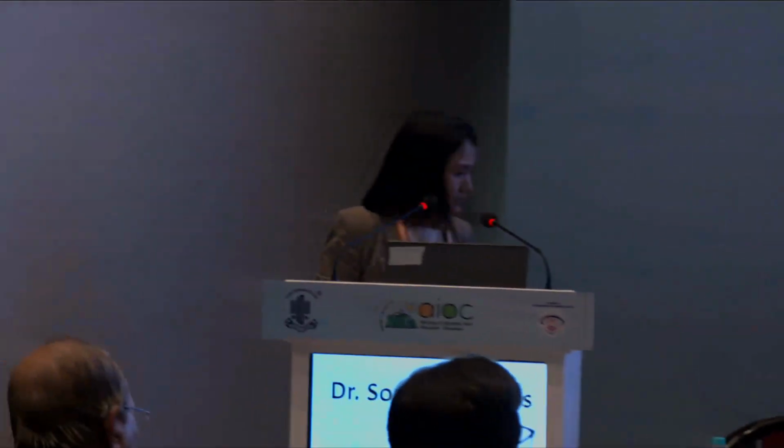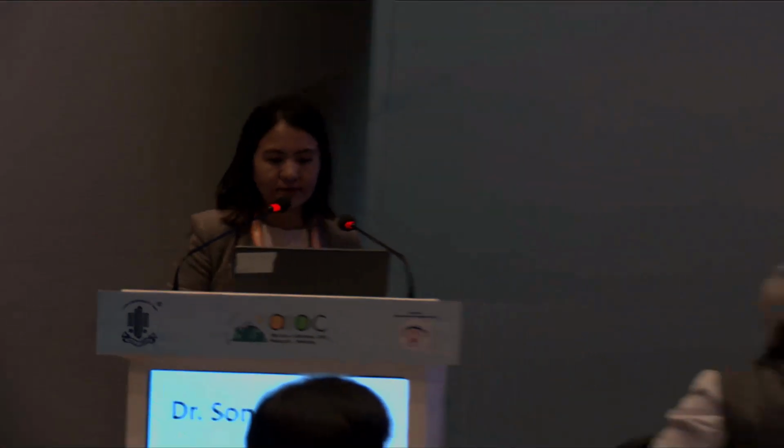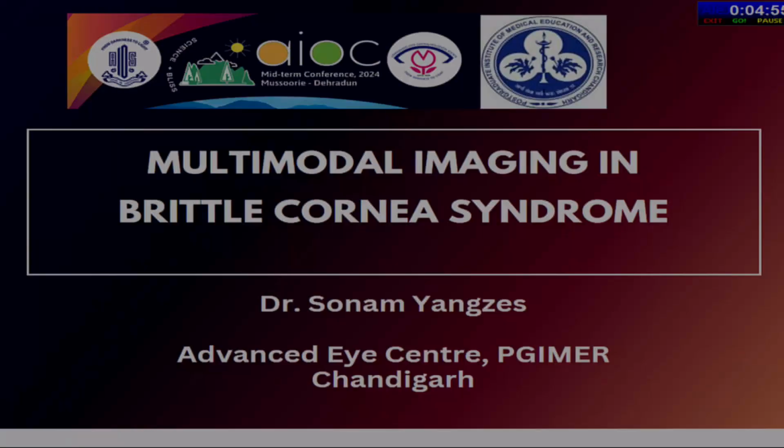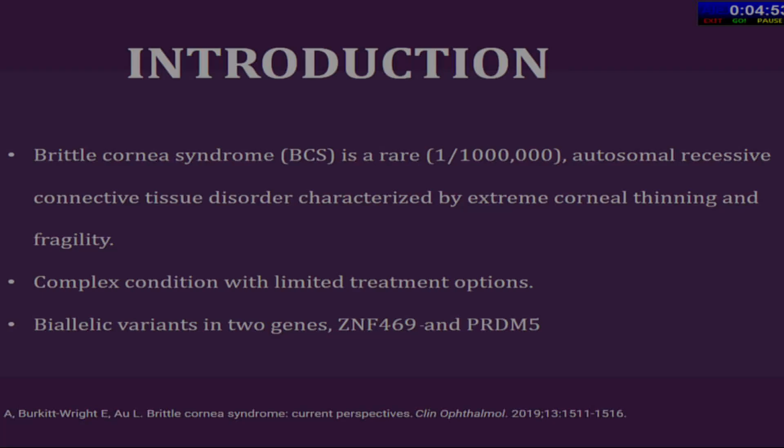Dr. Sonam, please. Very good evening, everyone. I'm going to discuss a couple of cases with multimodal imaging in brittle corneal syndrome. Brittle corneal syndrome is an ultra-rare disorder. It is an autosomal recessive condition which involves the connective tissue, and it usually presents with extreme thinning and fragility of the cornea. It's a complex condition with limited treatment options, and the genetic mutations responsible are ZNF469 and